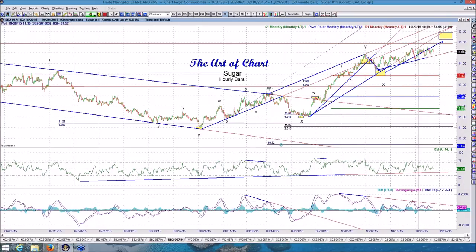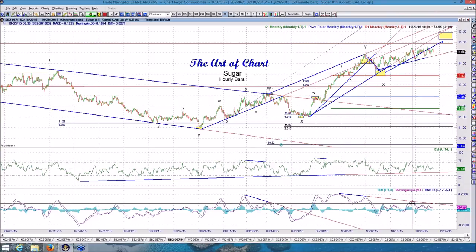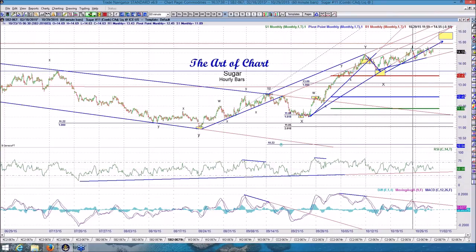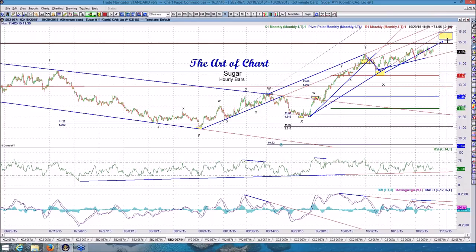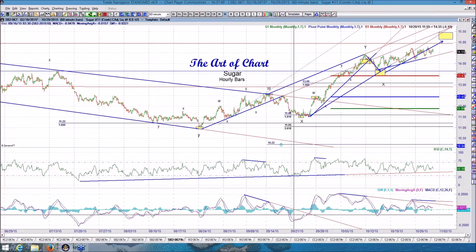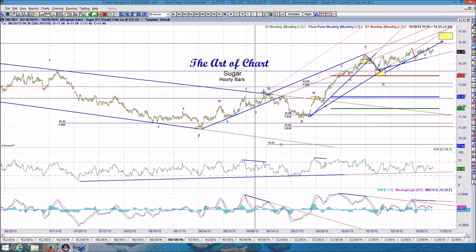MACD? Do we have a divergence here? Well, not really quite yet. Is this maybe the third wave, and maybe we will see something like this if we get a little bit of price action higher? Yeah, it's more than likely going to happen. But MACD is a dead giveaway when you have a 5-wave move, or even if you don't count waves, if you do